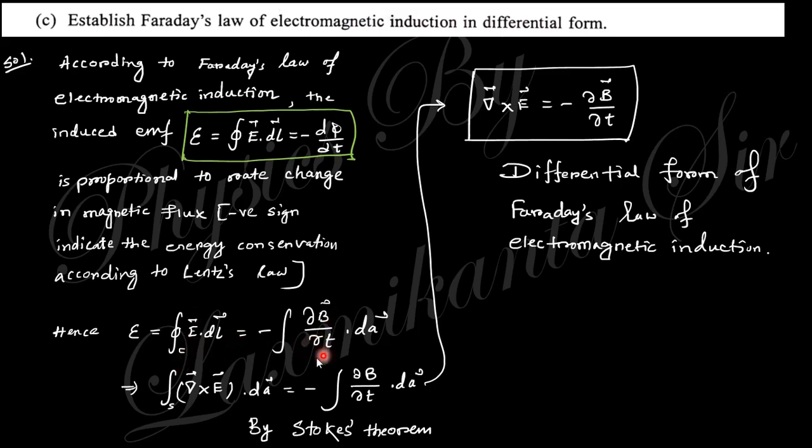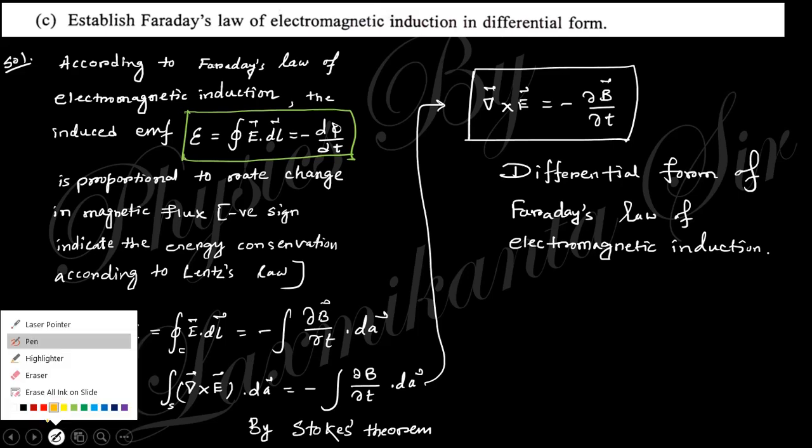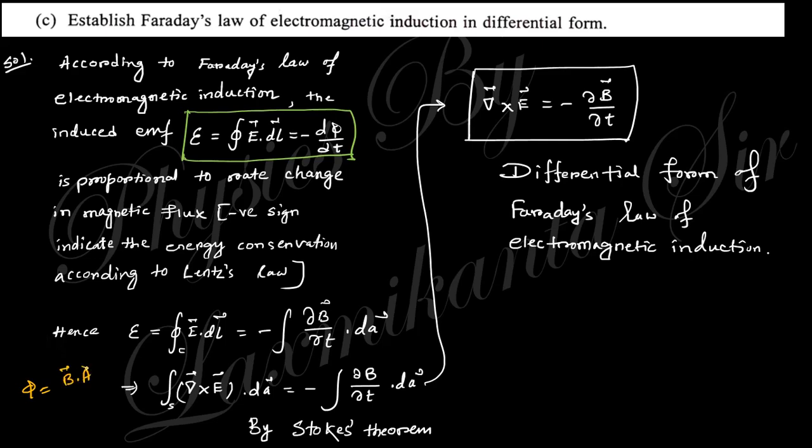If you change this into this form, you know the flux phi equals B dot A. Here we put d phi by dt in this form: the integral of del B by del t dot dA. And this changes by Stokes theorem: if you change the line integration into a surface integration, this line integration becomes a surface integration. If you compare these two, you obtain the differential form of Faraday's law of electromagnetic induction,